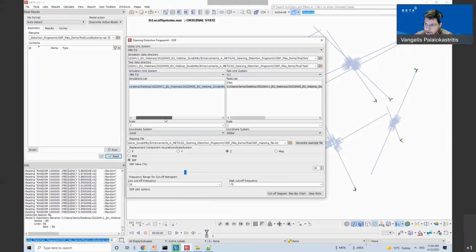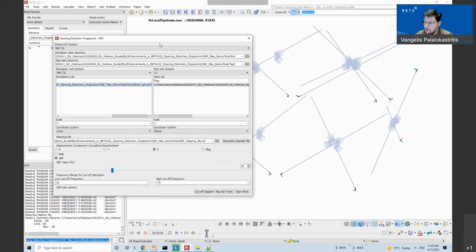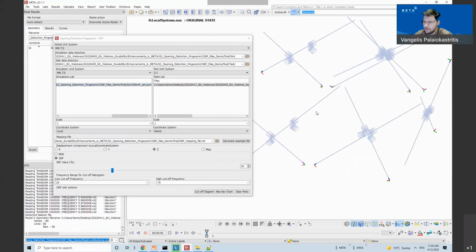In this directory, I have one simulation punch file that actually contains the displacements of nodes of the diagonals, and one test for the respective closures.